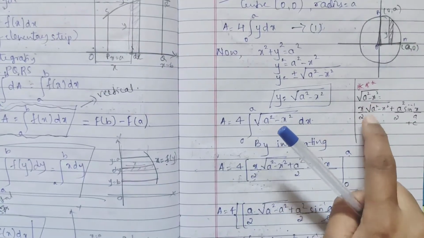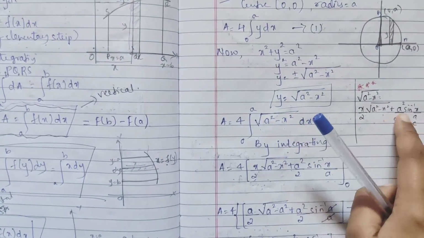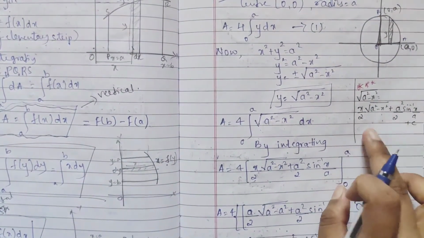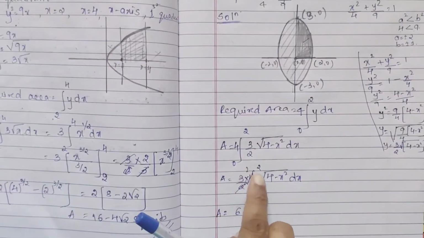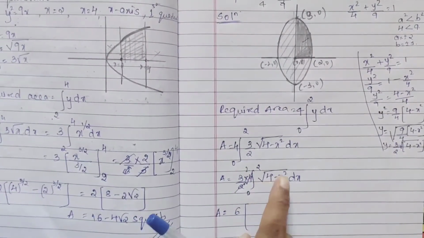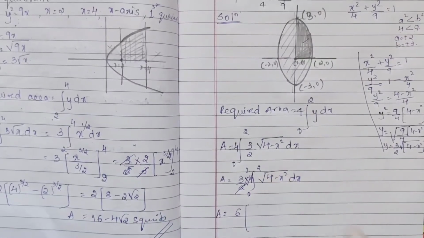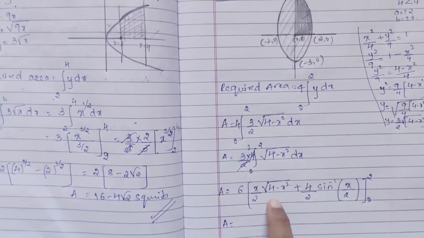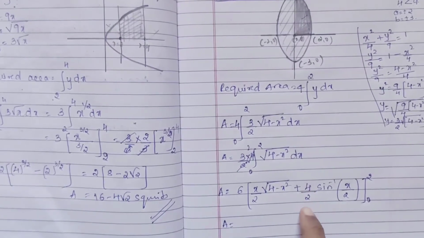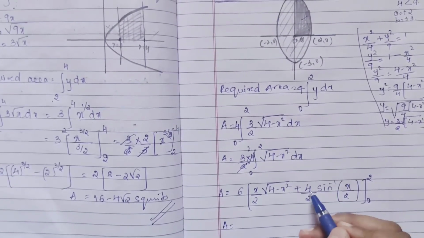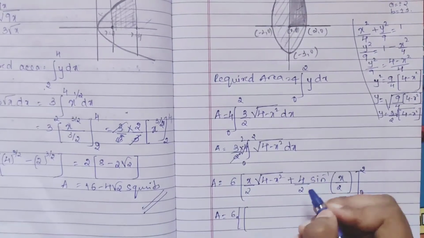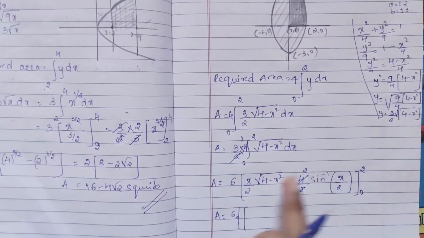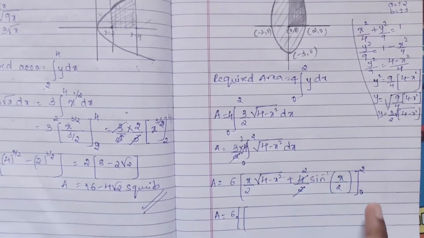So it is x by 2 root of a square minus x square plus a square by 2 sine inverse x by a, right? So the same here, your a is what? It is 2, right? A square is your 4. So you are getting x by 2 root of 4 minus x square plus a square by 2 sine inverse x by a. So a square is what here? 4. 2 1s are, 2 2s are, you can take. Now applying your upper limit for this whole minus lower limit for this whole.